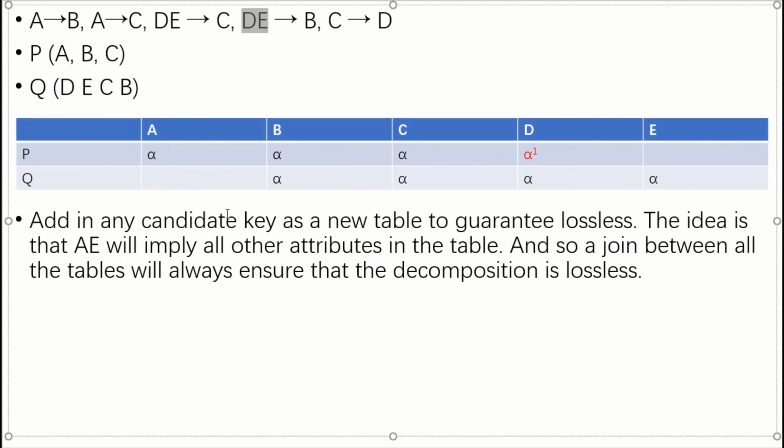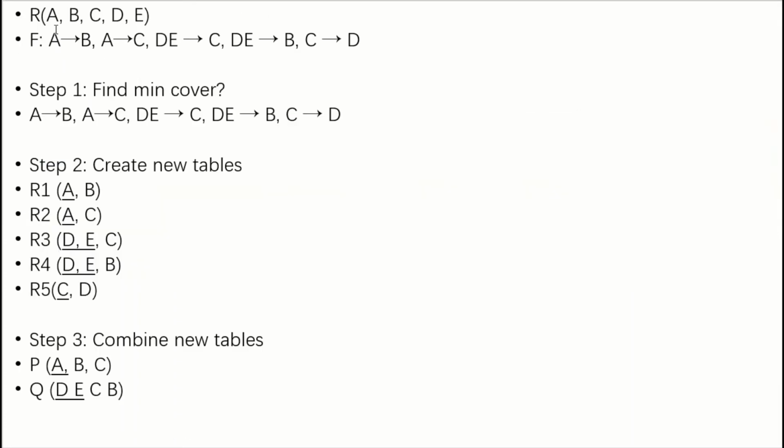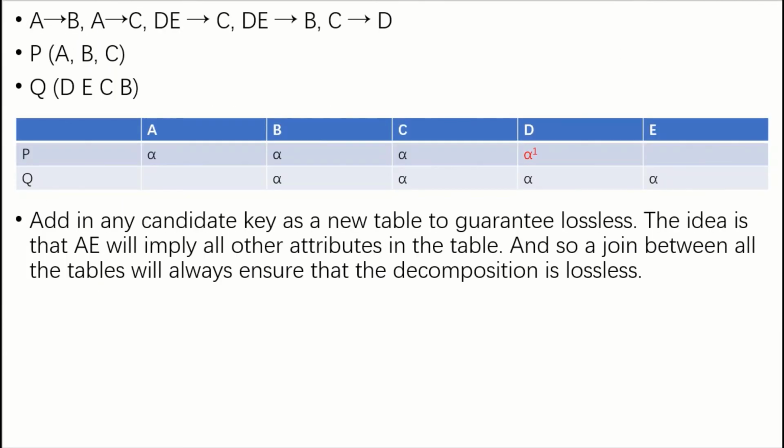Okay, so we realized that Bernstein's algorithm is not lossless, but there is a way that we can guarantee this to be lossless. The way to do it is that we will add another table in, and this new table is the candidate key of my original table over here. Once I add in the candidate key of my original table, it will guarantee my Bernstein's algorithm, the decomposition, to be